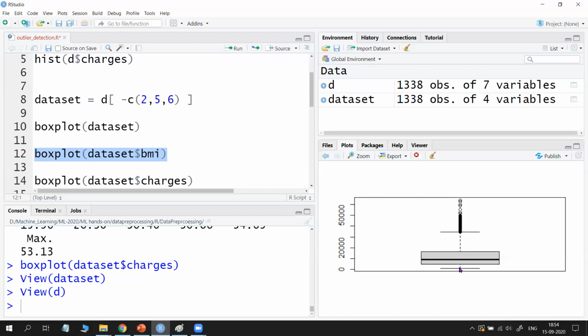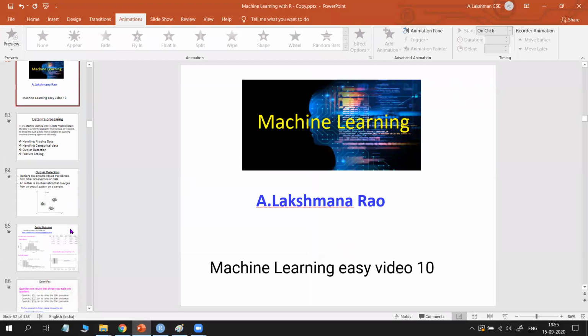So you need to find the minimum value to keep and the maximum value to keep. You need to find these two values. Below the minimum value, remove them, and above the maximum value, remove them, and keep the values between the lower and upper cutoff. So how to find this lower cutoff and upper cutoff? For this, I need to explain some mathematics now. Try to listen carefully. We will come back again.